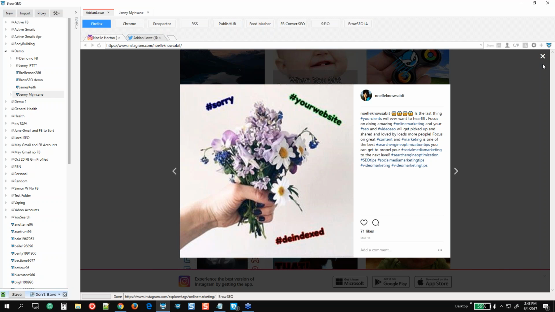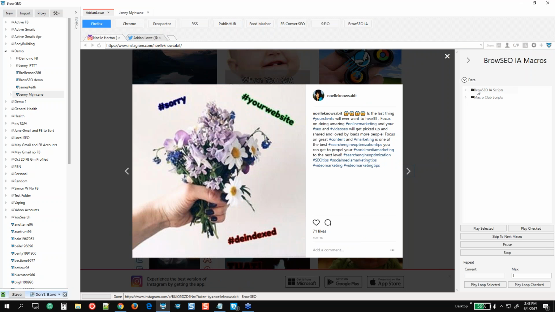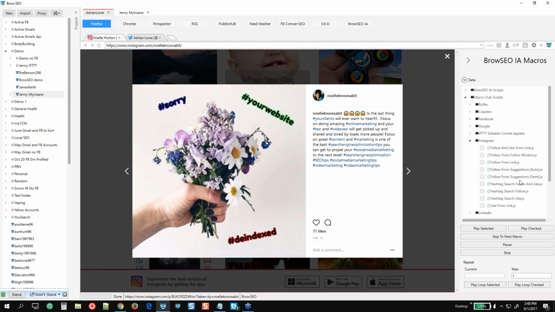So I'm going to show you one example of using these scripts, and why I believe that this is one of the best ways to do it, especially with Instagram, when you have these automation scripts. You have the ability to kind of babysit your automation. And this is why we've recently added the pause and the continue once it's paused, for this exact reason. So let's use the hashtag search, follow, and like.